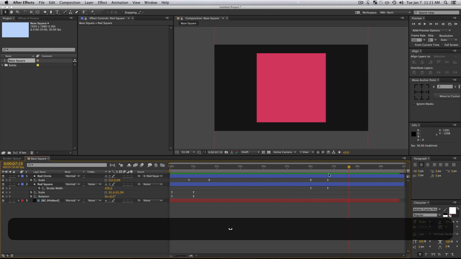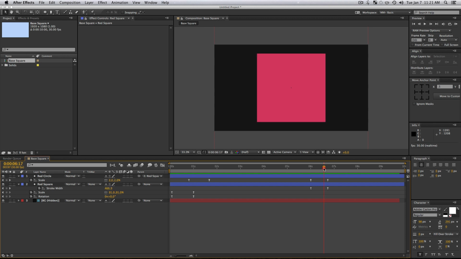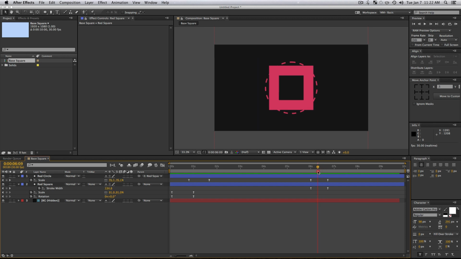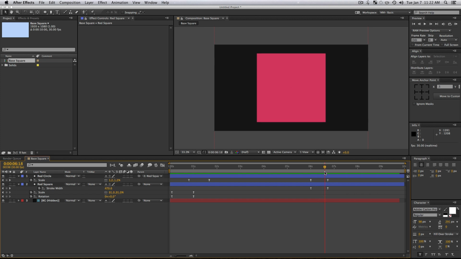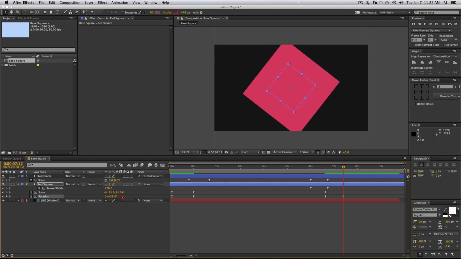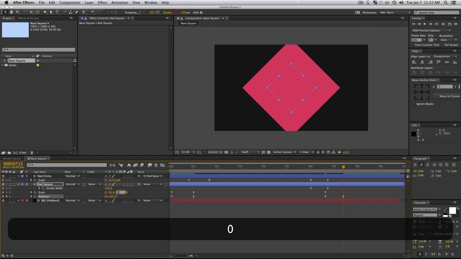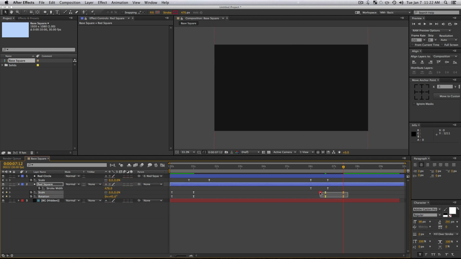And perfect. Then we are also going to want to rotate and scale our circle as this is happening. So let's set a scale and rotation keyframe, maybe 2 frames before our stroke width is this size, and we will just go forward, maybe another 15 frames or so. I'm just going to rotate this 45 degrees. It's going to get cut off a little bit, which is fine, because we'll also be scaling it down to 0. So we'll select both these keyframes.